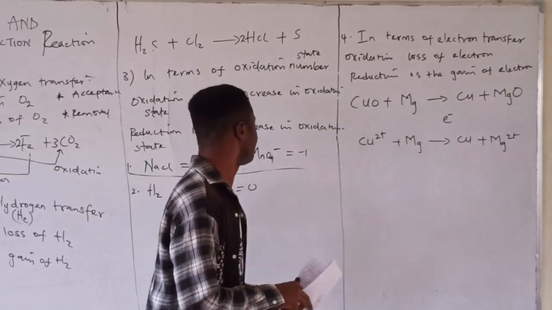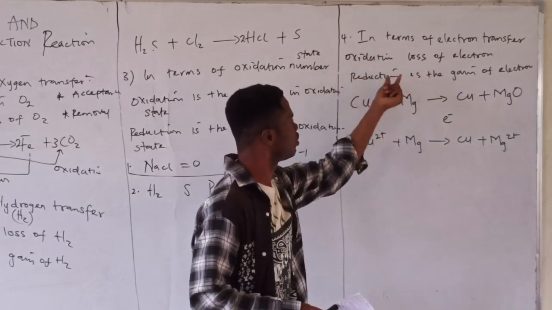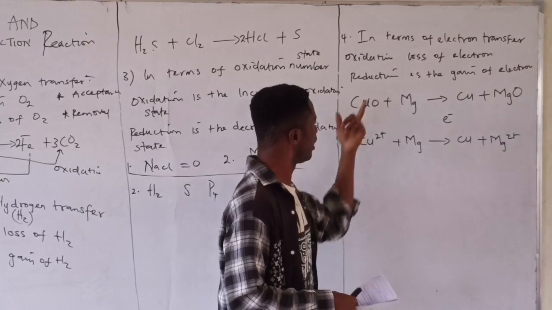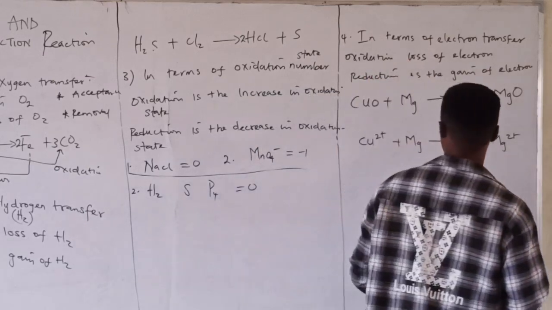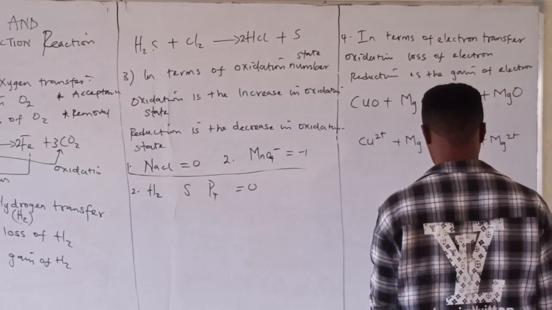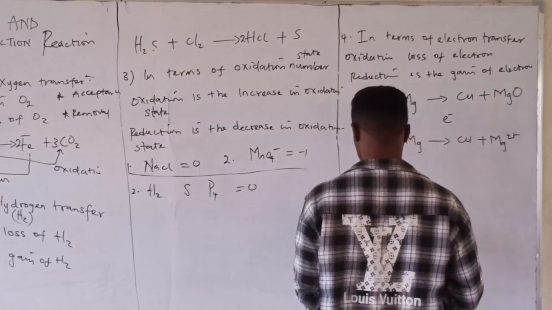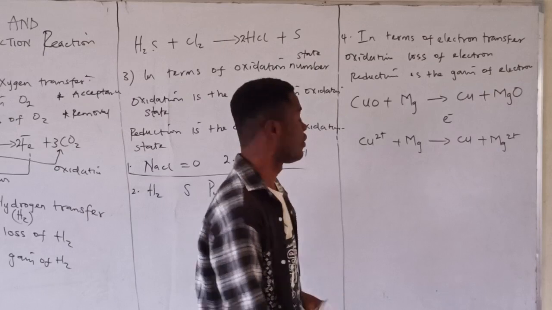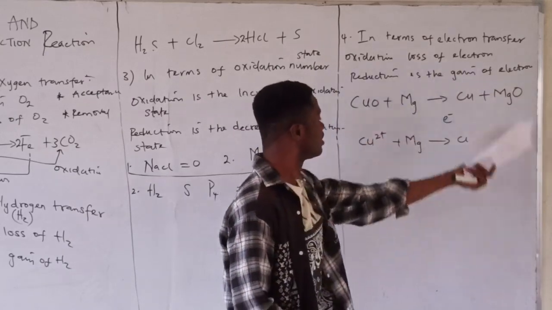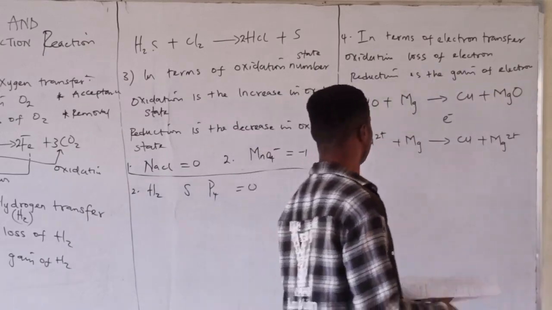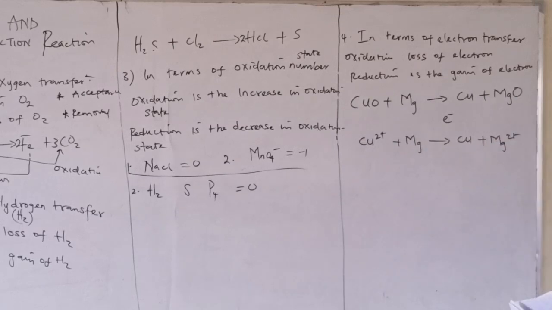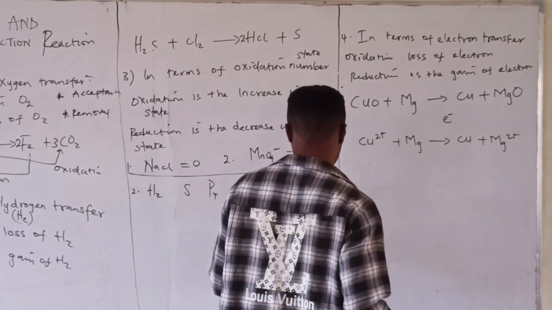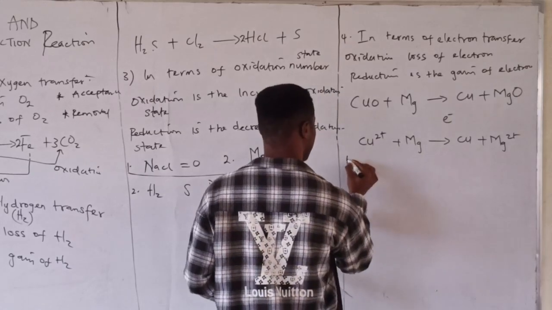So as you can see, I said oxidation is the loss of electron. Whenever a compound loses an electron, that compound is oxidized, and that reaction is called an oxidation reaction. And whenever a compound gains an electron, that means reduction has occurred in that reaction. So which means that magnesium